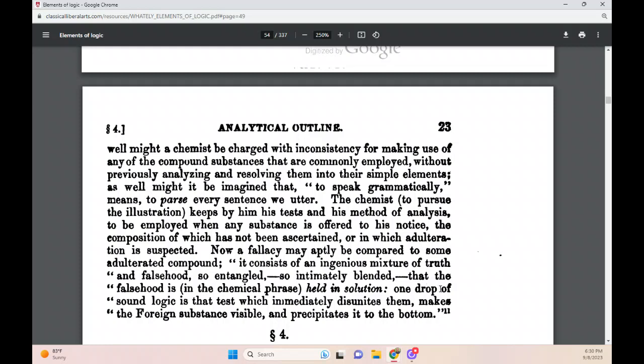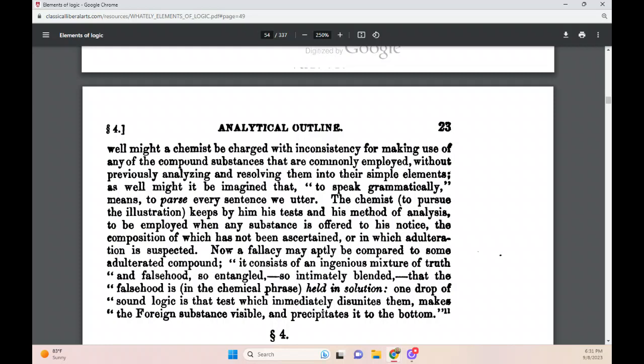One drop of sound logic is the test which immediately separates those different things, makes the foreign substance visible, and causes it to collect at the bottom. One drop of logic is like a chemical that when we drop it into an argument that's got a mixture of true and false in it, causes the falsehood to appear and